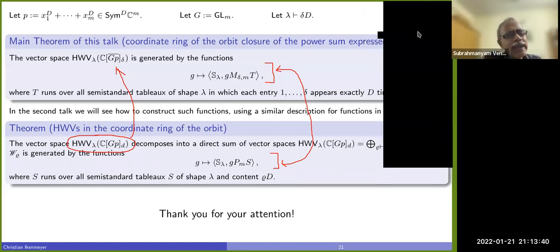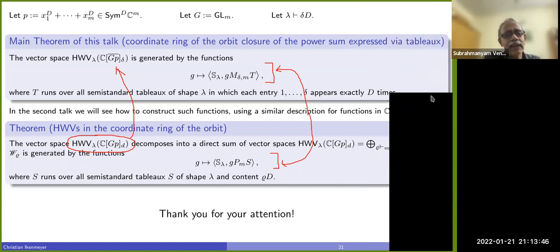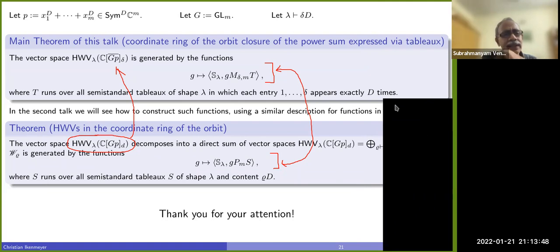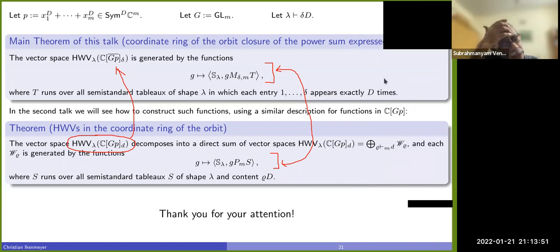Sorry. So how do I interpret the statement of the theorem? The calculations tell me, yes, I will get some functions on G. What does it mean to say this? You're looking at the number of distinct such functions. So this is a vector space, and it's generated as a vector space by functions. Those functions are constant on the stabilizer orbit.